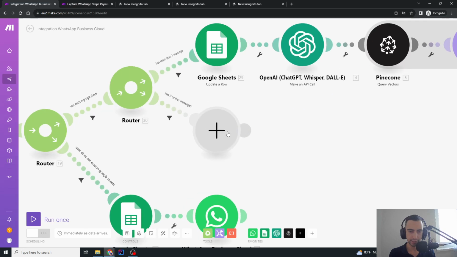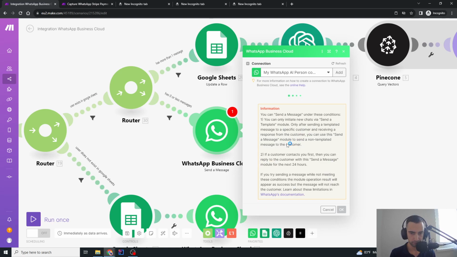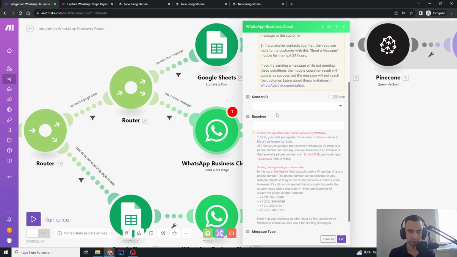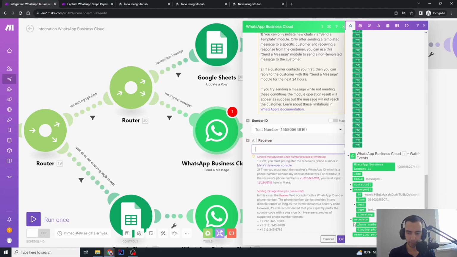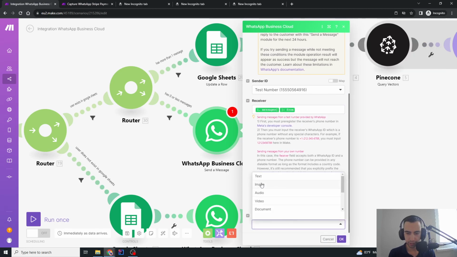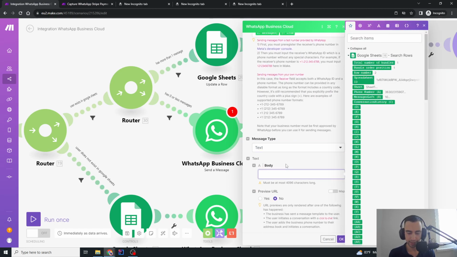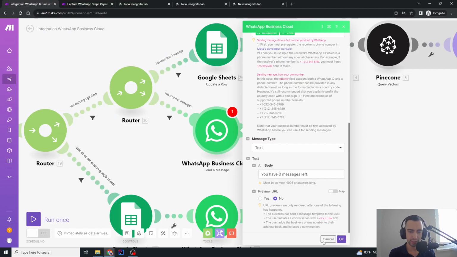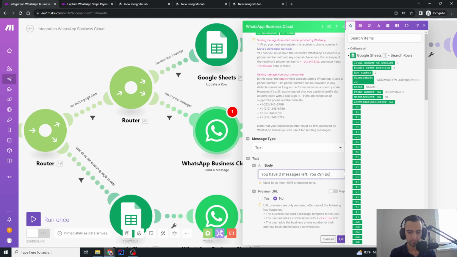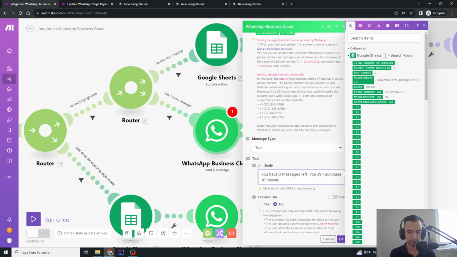And then if this is true, then we are going to send a text message, and we're going to send them the link to purchase more messages. Sender ID is going to be this, receiver ID we're going to scroll down, and then message, and then from, and then message type text, and then we can say you have 0 messages left. We're going to go back and copy this link for 10 messages, and I'm going to say you can purchase 10 messages here,